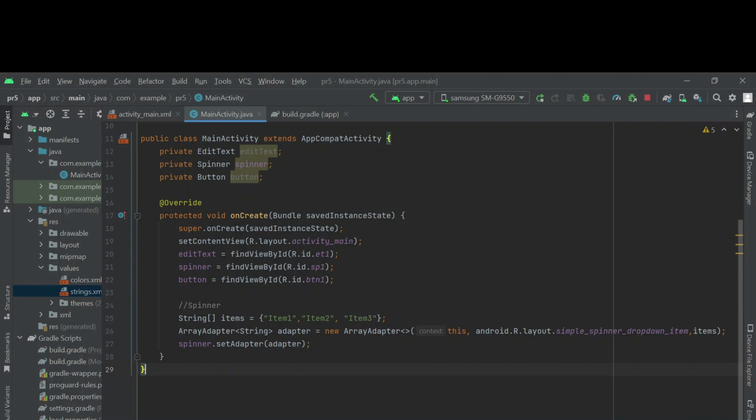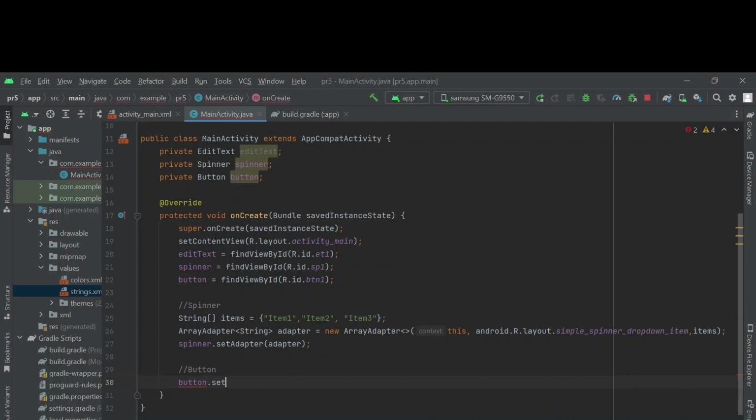So now my spinner work is done. I will try to write now for my button. Since my button has to have a click action, I will just write here as a comment that I'm going to write about button. Now button has to have a set on click listener. Here we set the value for the adapter to take the value from the strings. So the adapter was initialized with the string value under the spinner, and that I called it over here. Now over here I have to give button dot